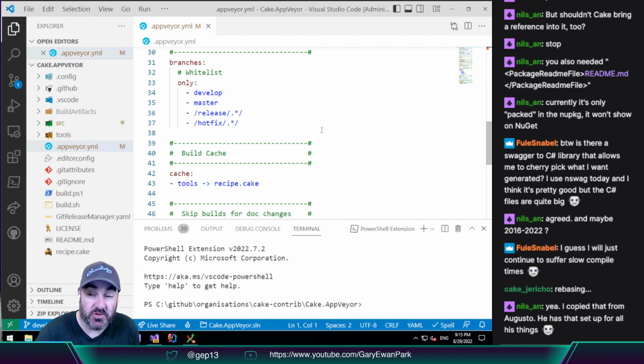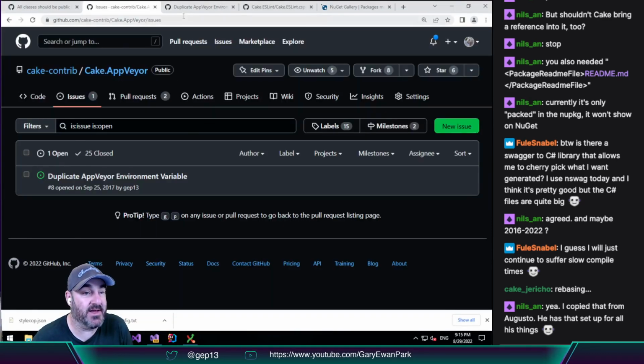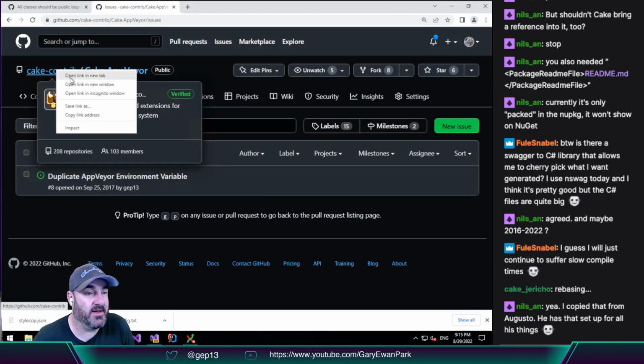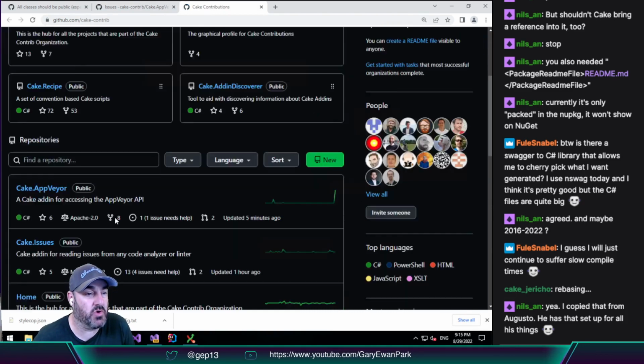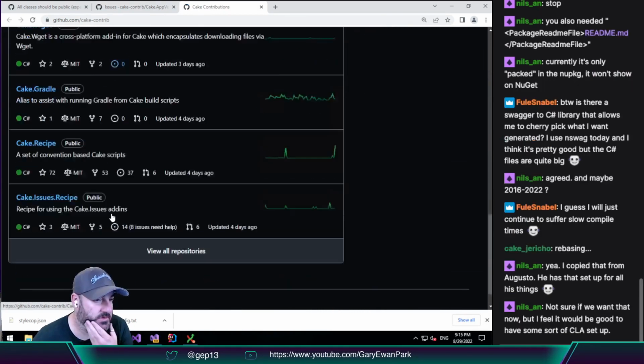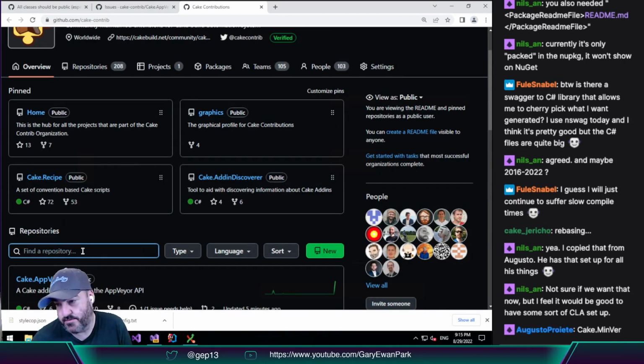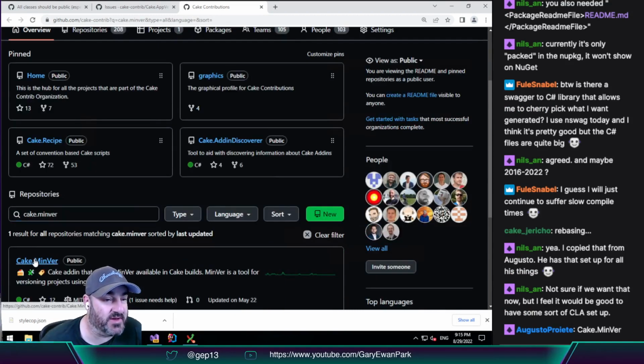I see. So Augusto, Nils is saying in the chat room that he's copied that. Having CLA assistant set up is something he has borrowed from Augusto, because Augusto has that set up for all of his things. If we were to look at an add-in that Augusto is in charge of, trying to think of one off the top of my head, Cake dot, what's one of Augusto's ones? Minver, good example. Thanks, Augusto. So if we look at Cake.Minver,